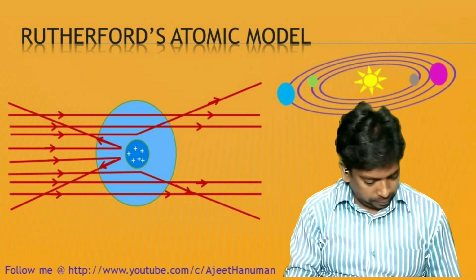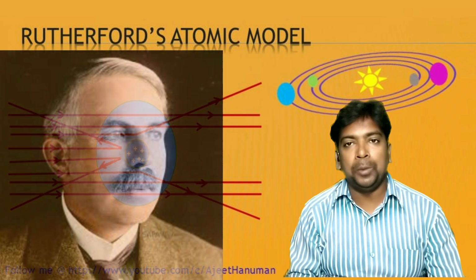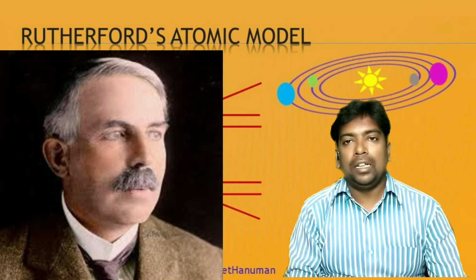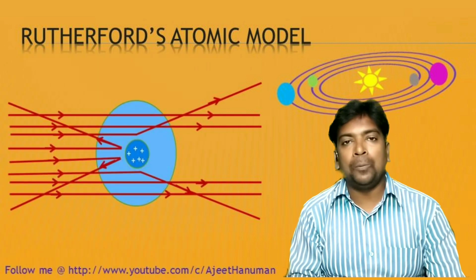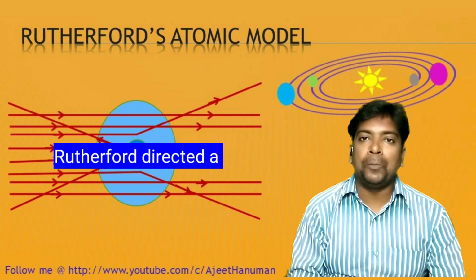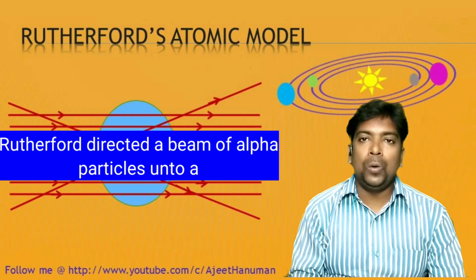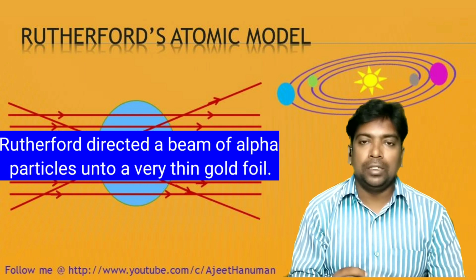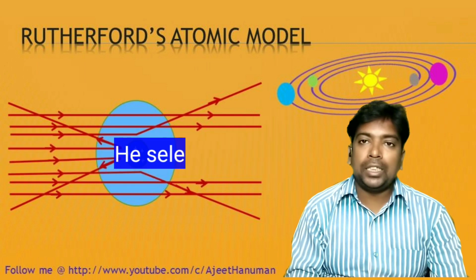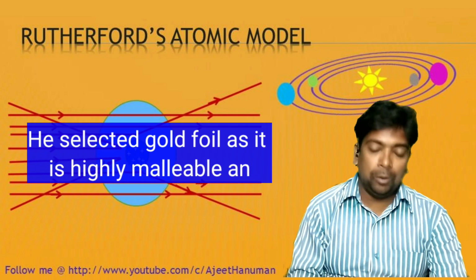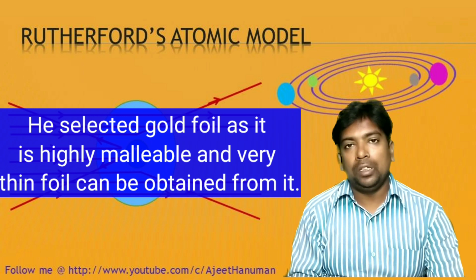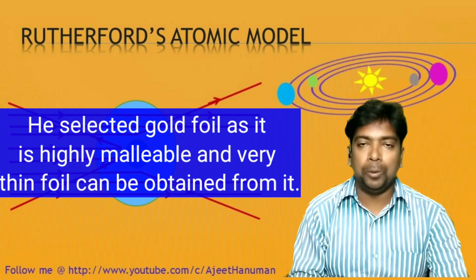It was in 1911 that Lord Rutherford, a scientist from New Zealand, conducted an experiment known as the alpha ray scattering experiment. In his experiment, he directed a stream of alpha rays towards a gold foil, which is very, very thin, that is 1/1,000,000th of a centimeter. He selected gold foil because he wanted as thin a layer as possible, and gold, as all of you know, is highly malleable.